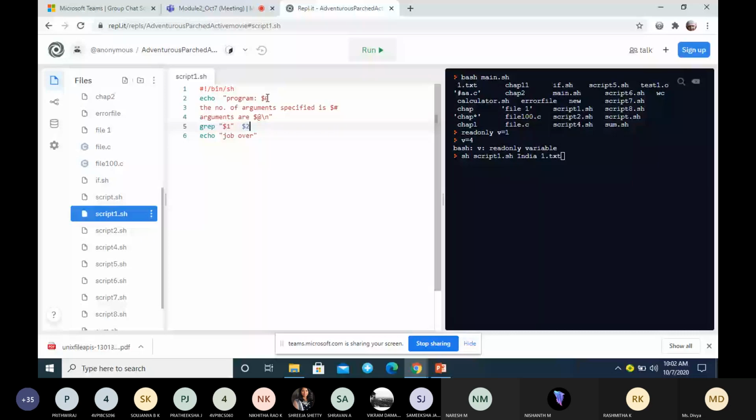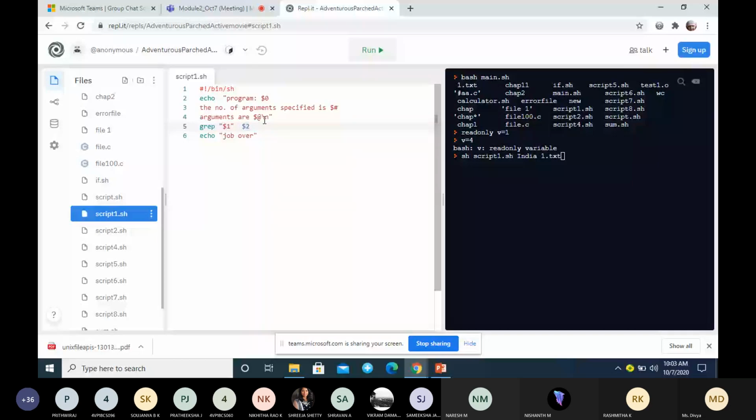Number of arguments specified is $#. How many arguments do I have? India 1.txt. Correct, so it is 2. That 2 will be stored in $#. Then the arguments are: here we have one more, $@. If I write $@, it will display each quoted string treated as a separate argument.